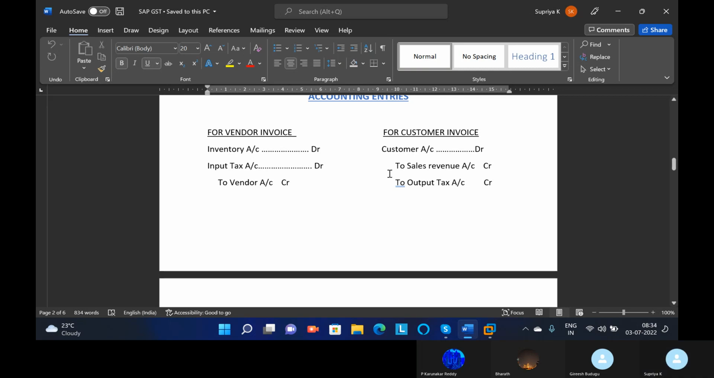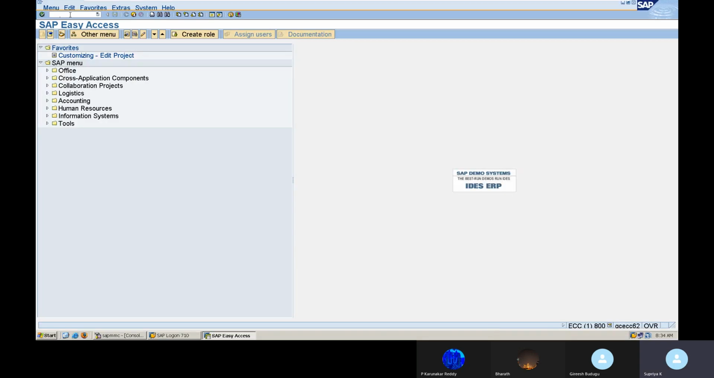And coming to customer invoice, we credit the output tax. Why do we credit the output tax? It is a liability for us to pay the government. That's why we will credit the output tax in the case of customer invoice. I will show one entry in